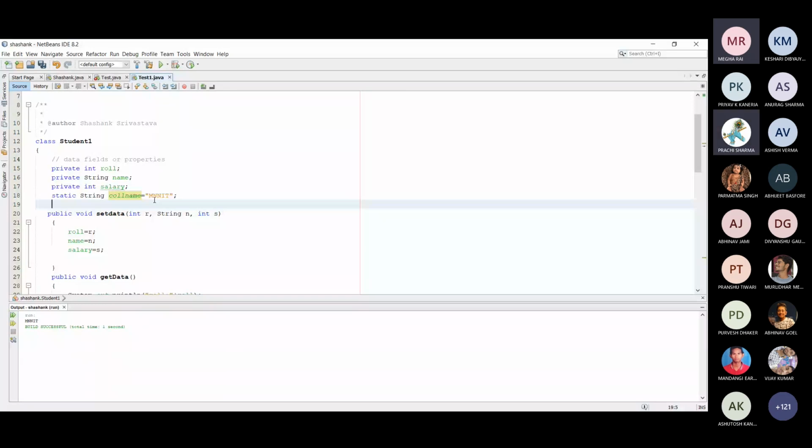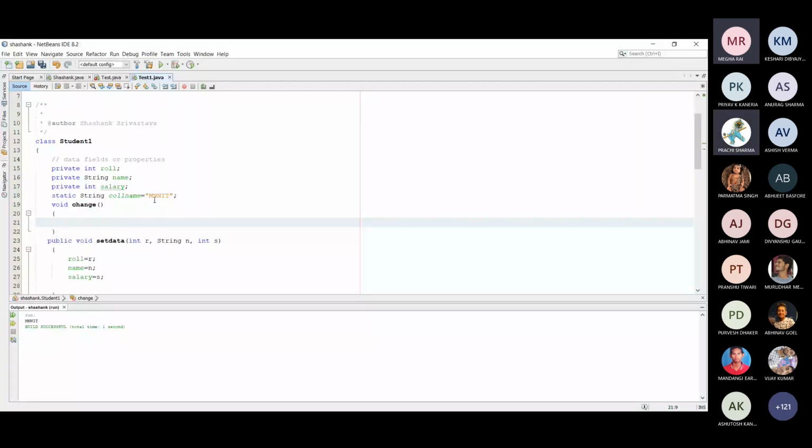So suppose I write a method like void change, and just write here college name is equal to, suppose, IIIT Allahabad. Fine.